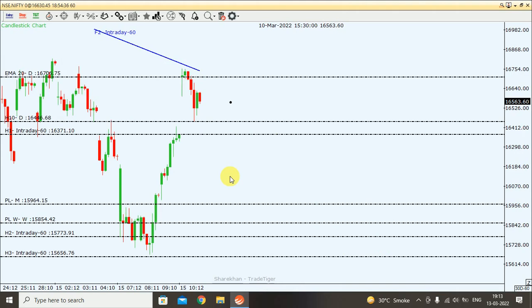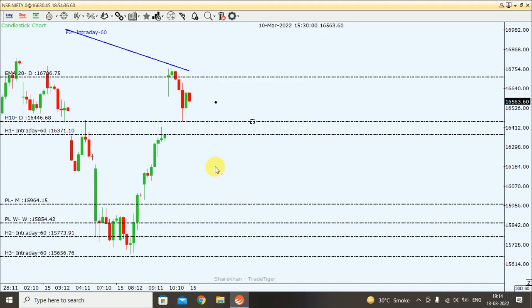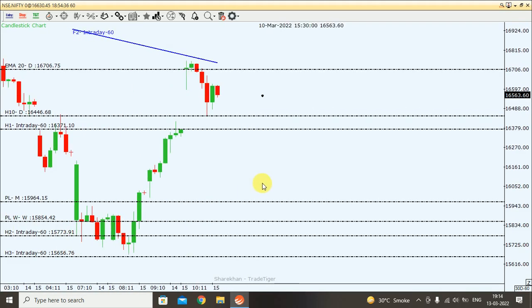If at all we trade based on this, say if this low is broken, we can take a risk of 50 points, a target of 100 points. That should be the plan of action. Okay, if stop loss is triggered, we have to exit. If we get the target, then either we can book the profit or trail the stop loss, right? That should be the plan.